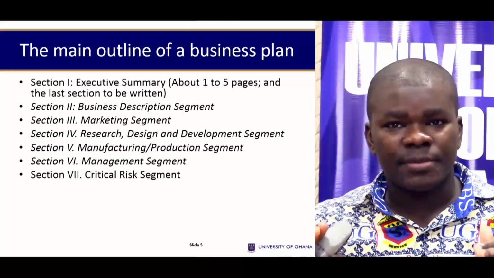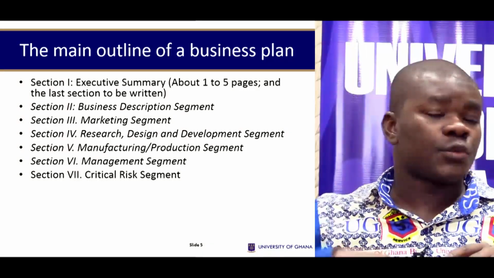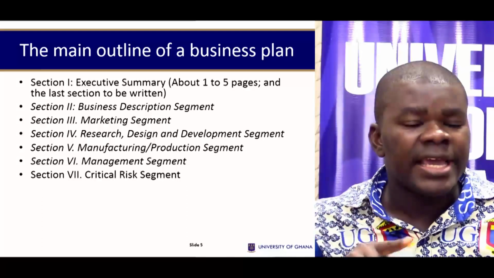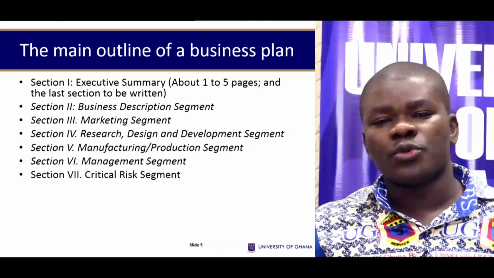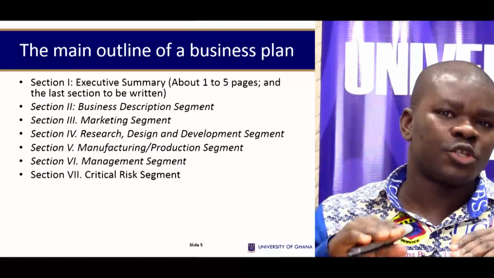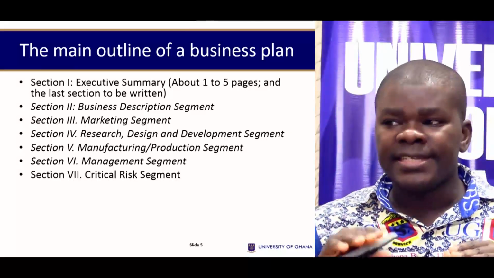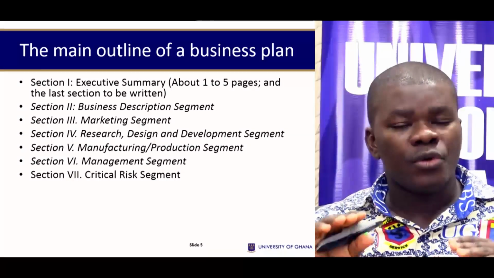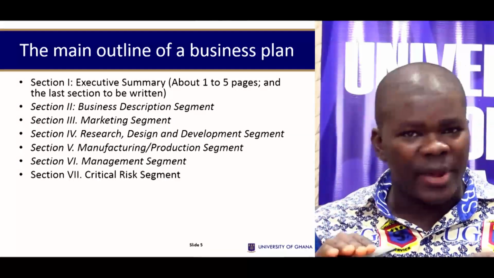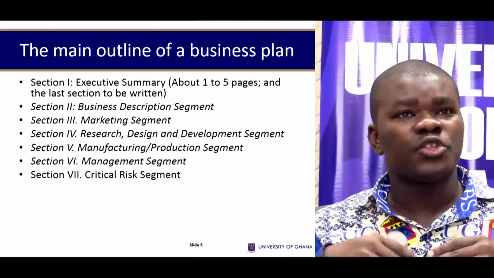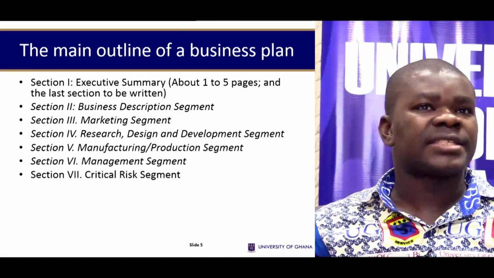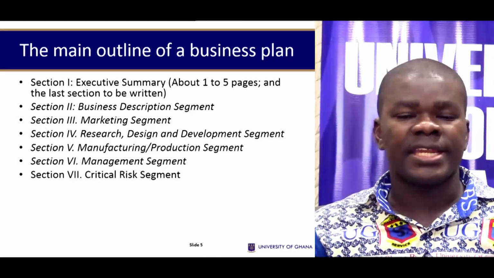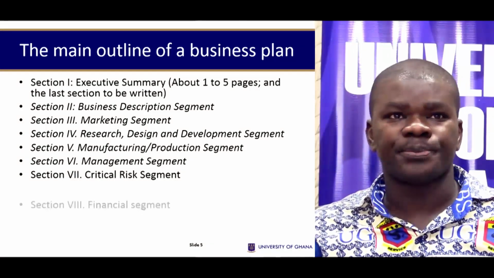So in the critical risk segment, one of the things you need to do is to be proactive and think about what can happen, what can go wrong in this business. The next thing you also need to do is think about how you can have options to tone down these things just in case they go wrong. If something goes wrong with your business, how can you tone down the impact on your business? You need to be able to do that and put all of that under your critical risk segment. We've explained much more in the slide and in the links that we have given to you.